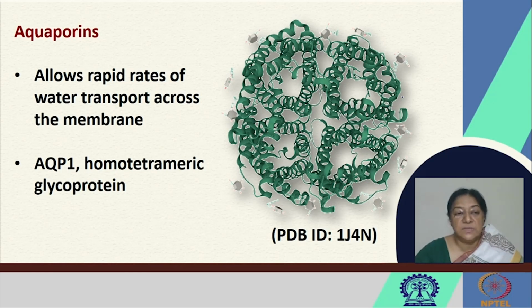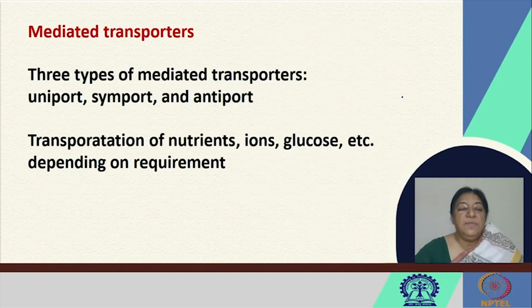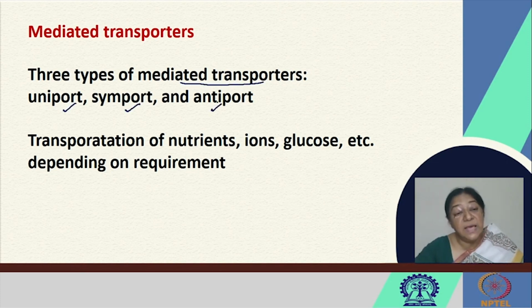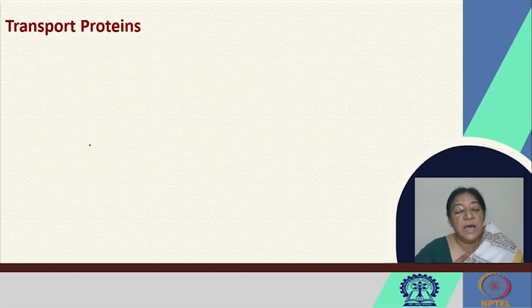Aquaporins are such examples that allow rapid rates of water transport through the membrane. Another type of example is mediated transporters. There are three types of mediated transporters: uniport type, symport type, and antiport type. And this again is involved in the transportation of nutrients, ions, and